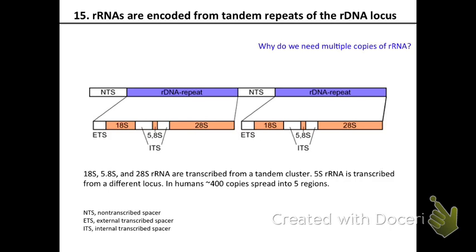The difference between gene families and tandem clusters is this. In gene families, the repeated sequences can be different. Alpha and beta tubulin, or these receptors and the transporters, they're gene families, but each gene is encoding a slightly different protein. In a tandem cluster, the gene is repeated one after another, and it's the exact same sequence. That's the difference between tandem clusters and gene families. Does that make sense?